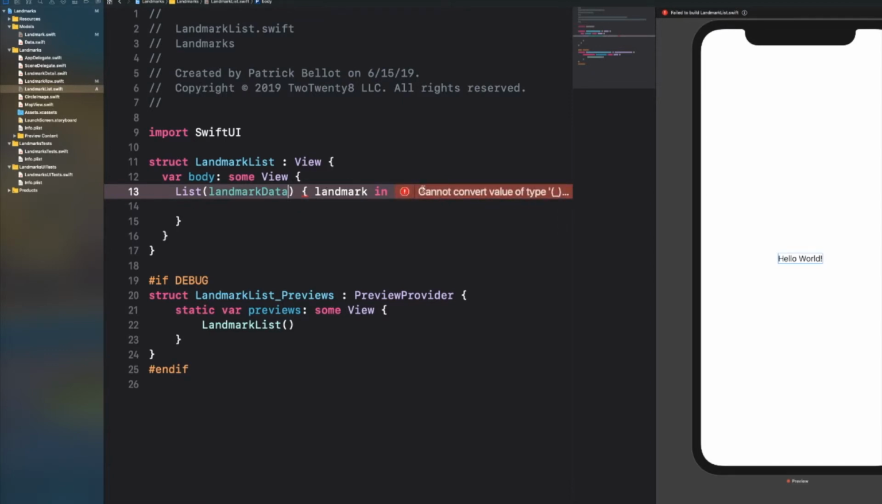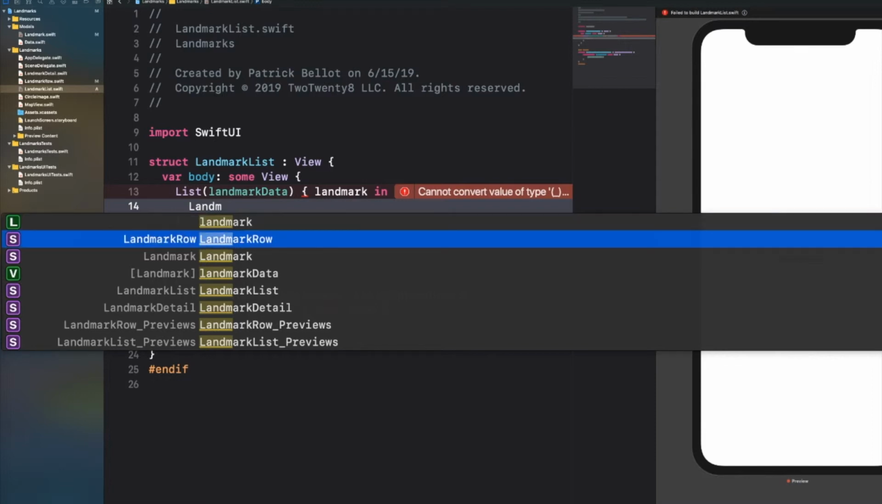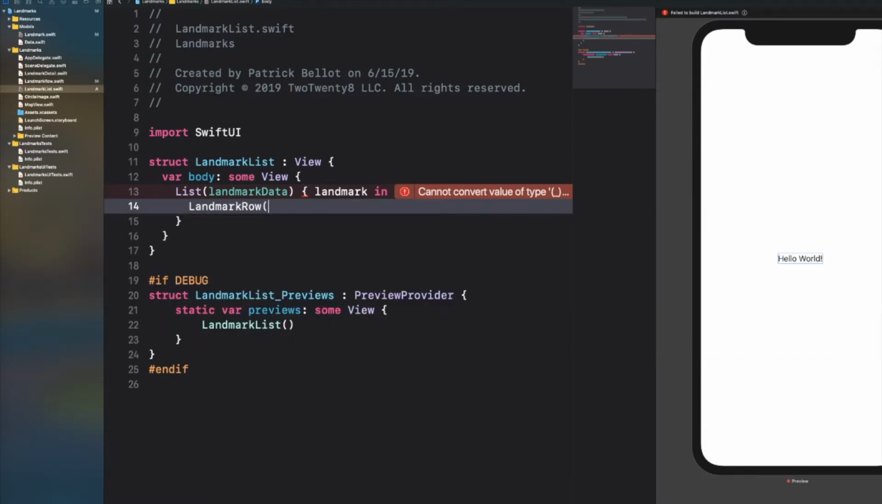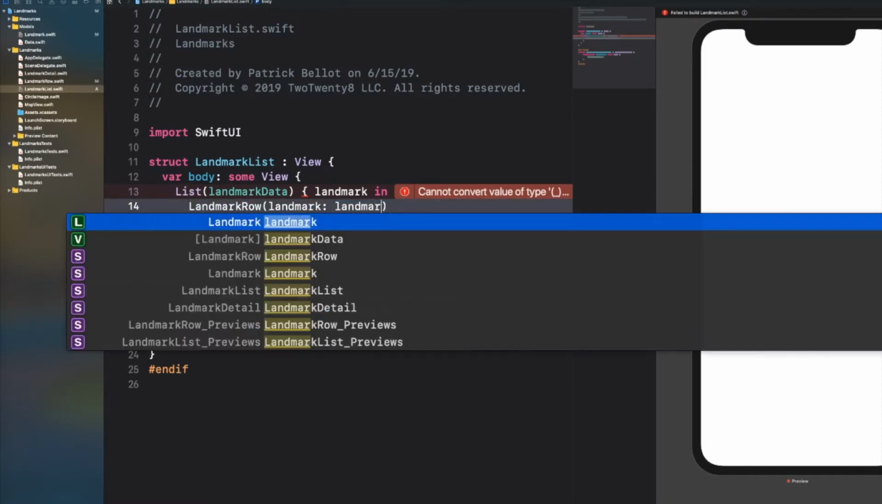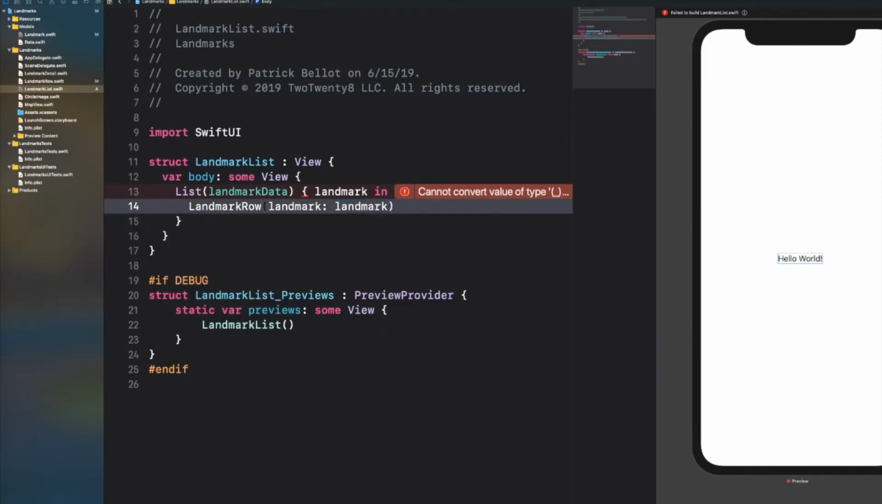List landmark data in, and then have landmark row, and we use the variable in there, landmark. And everything should be working correctly. There we go. Let's try again. Let's just see if this is going to work. If not, then, well,